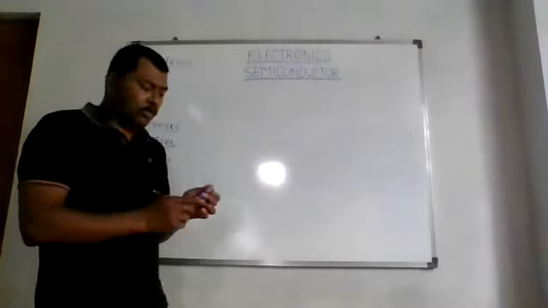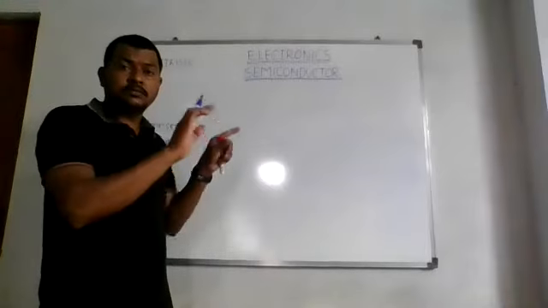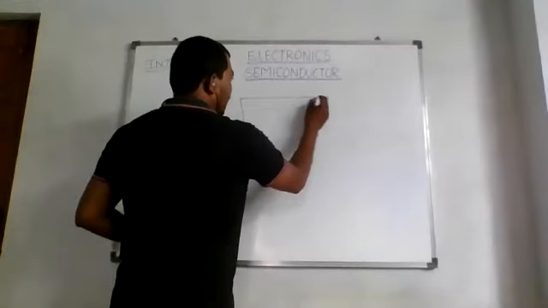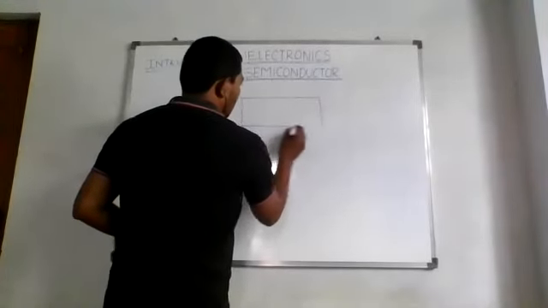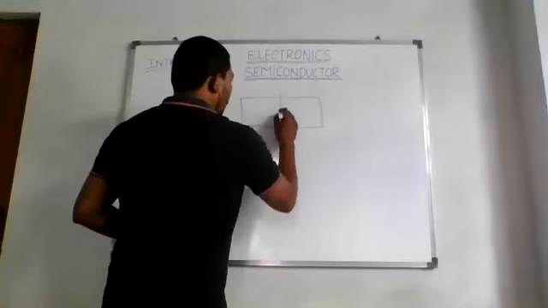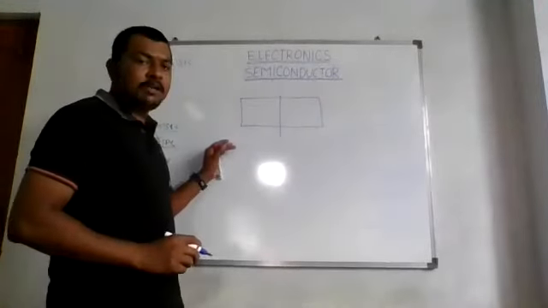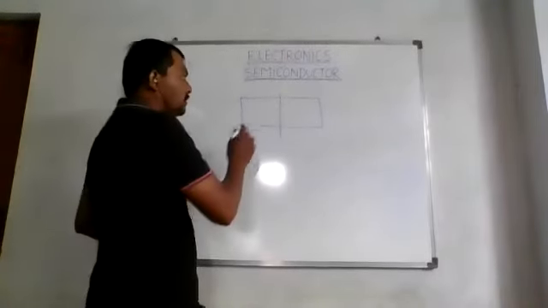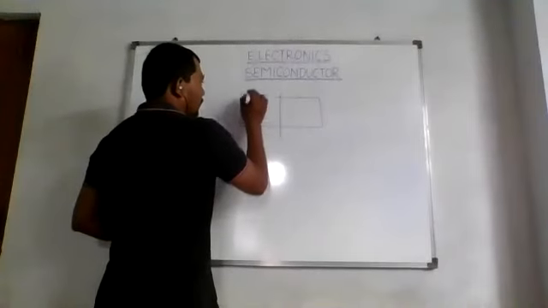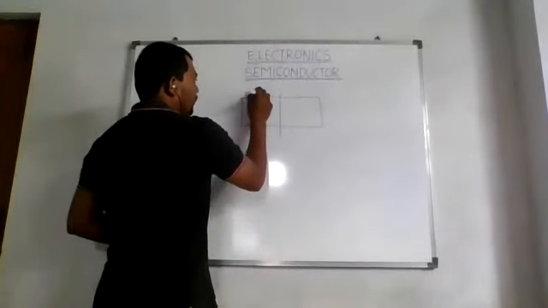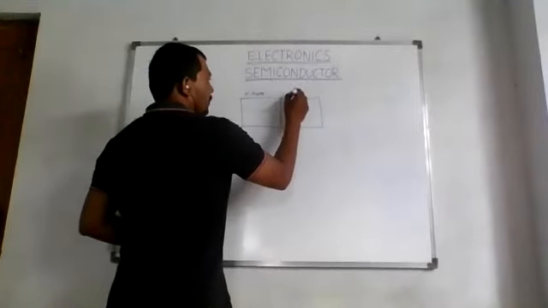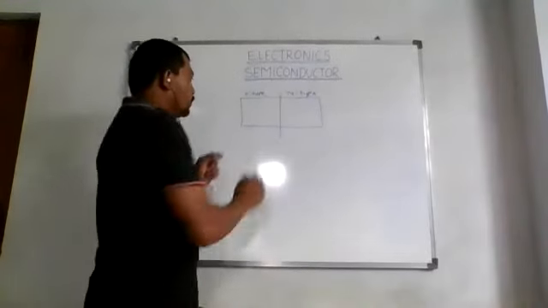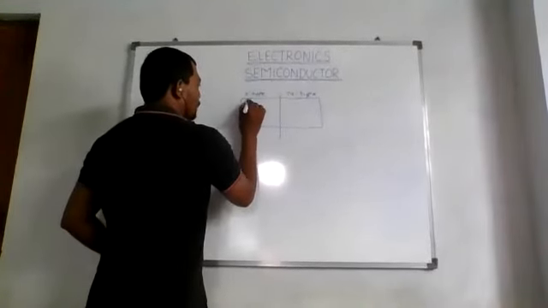So if I take a chip, a slice of a pure intrinsic semiconductor like this, and I dope half of the portion with a trivalent impurity and the other half with a pentavalent impurity, now what happens? Let me draw it like this. I will make this p-type, right? And I will dope this other half with a pentavalent impurity, right? So what happens? It will have a negative with a positive charge.